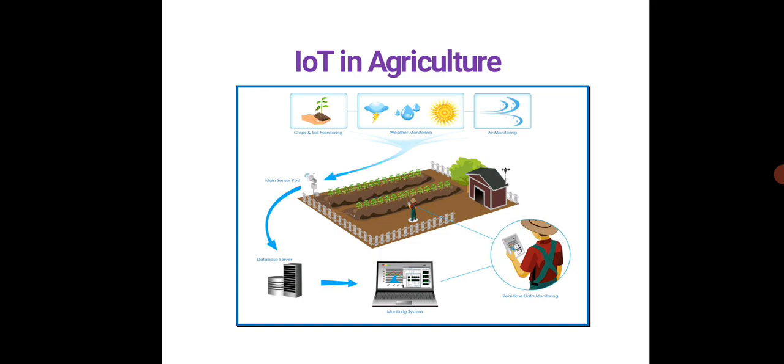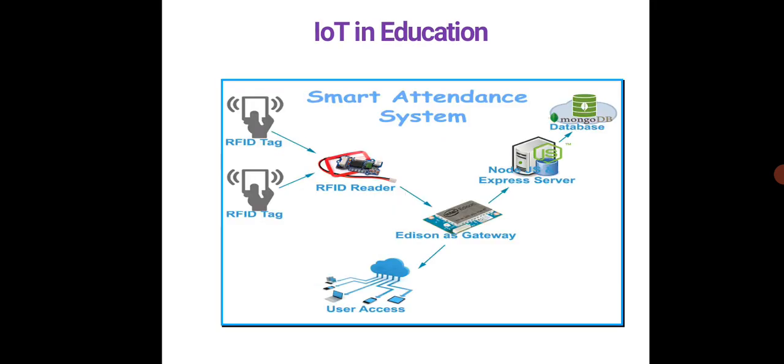It is also used widely in the sector called agriculture, where it is called smart irrigation or smart agriculture, where you could find out the temperature, humidity, pH values of the soil, or whatever is involved in agriculture. IoT in education also forms a very great use, where you will have a certain database. For example, in a smart attendance system, every person will have an ID, and the people having the RFID will be read, and this is connected to the net.